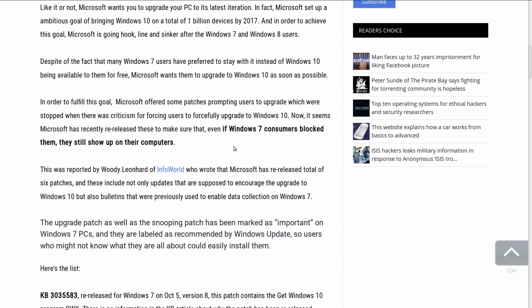The thing about it is that Microsoft can do this legally. So it says here, and it is highlighted, if Windows 7 customers blocked them, they still show up on their computers. In other words, if you had all the updates turned off, or you had the system set to notify you about updates, you still got this update regardless.